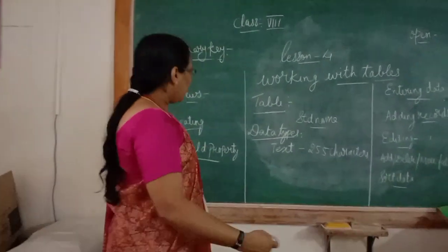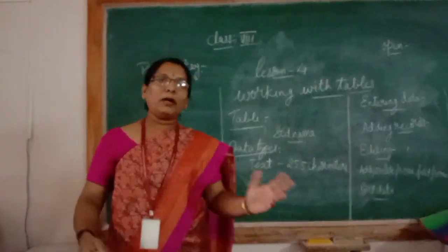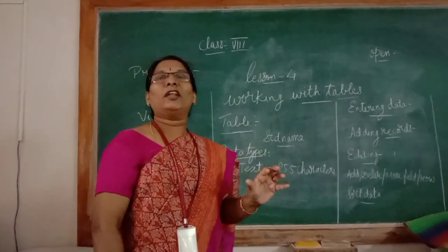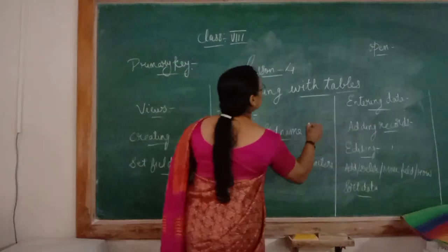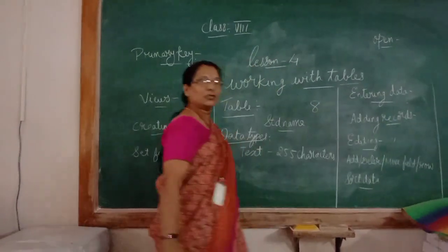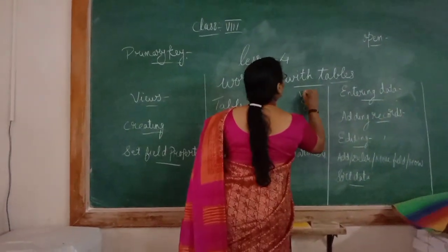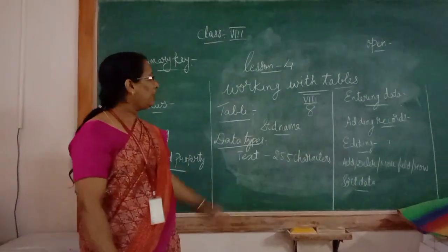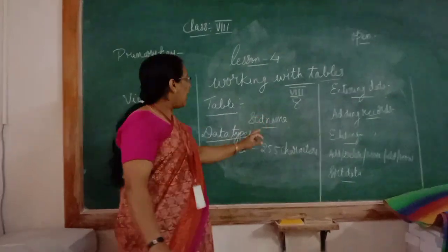Student class, you can also choose text or number. Why? Because if you have a Roman number, you need a text combination. But if you are only preferring numbers, that means class 9, class 10, only numbers you are choosing. For example, now it is class 8. You are taking this number, so you can use the number data type. But if you need a Roman number like this, you need a text combination. So text will be ideal if you are choosing both. Text will be the ideal data type.